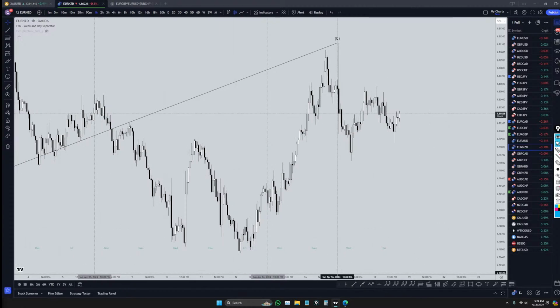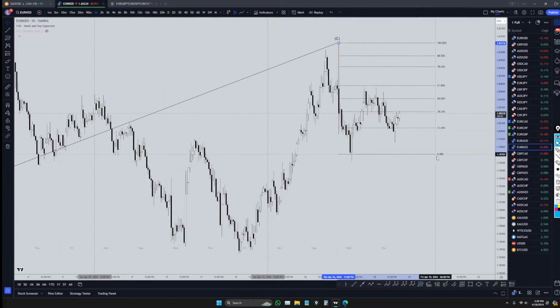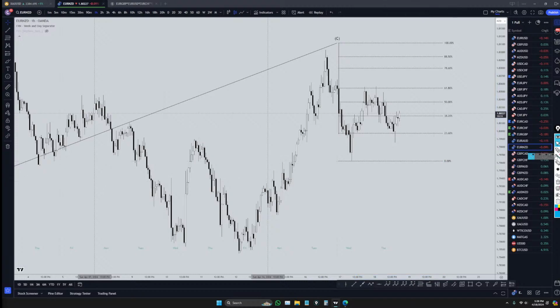So let's throw a Fibonacci on there real quick. Probably all the way up at that spike. I think it's just going to go back up and retest the highs at this point. I think it's going to go up to the 61.8, retest these highs, and then I think it's going to go down. So I think that potentially could be a pretty good short, maybe tomorrow or maybe early next week.